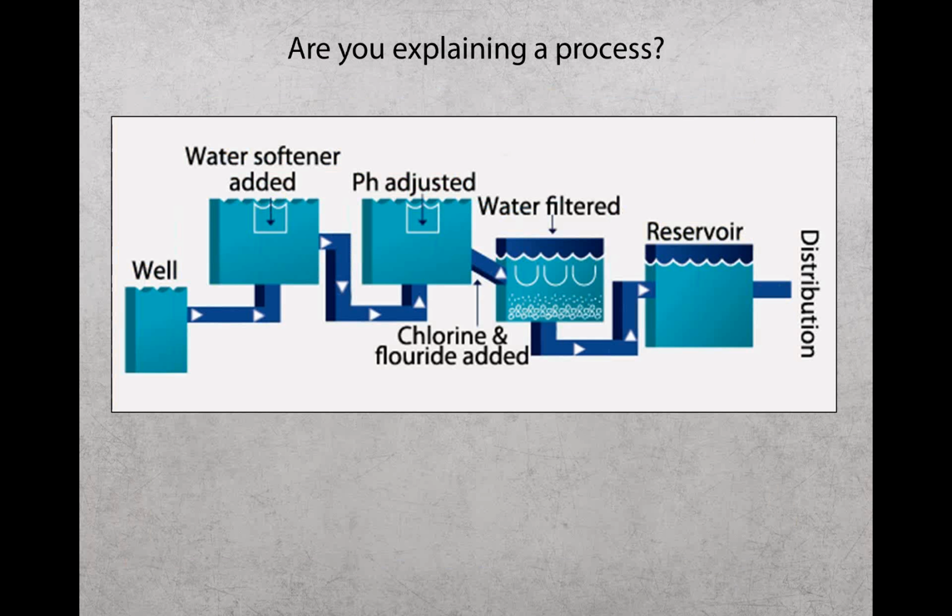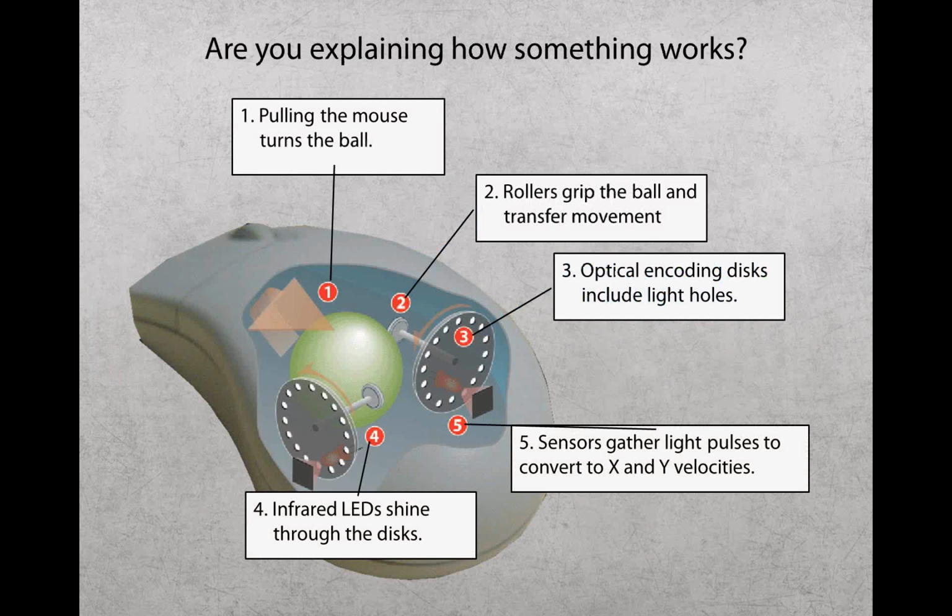With a process, you're pretty much using a diagram, but you're going to use arrows because one thing comes before the next. This is how water is treated. It's explaining the process. And those arrows moving the process along really work. We know how to read them because we're living in a visually literate society. We've learned it. Here's a great example of how something works. Label it and do a callout. Maybe you would have a little explanation too, or in audio, or in text.